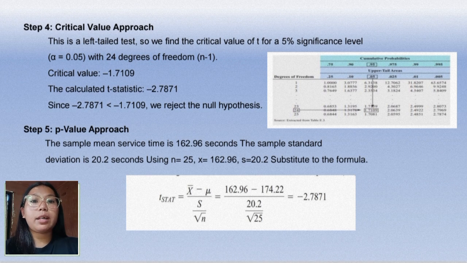The next step would be the p-value approach. The sample mean service time is 162.96 seconds, and our sample standard deviation is 20.2 seconds. Using n equals 25, our sample mean 162.96, and our standard deviation of 20.2 seconds, we substitute them into the formula. The picture is flashed on the screen again. The total answer with this would be